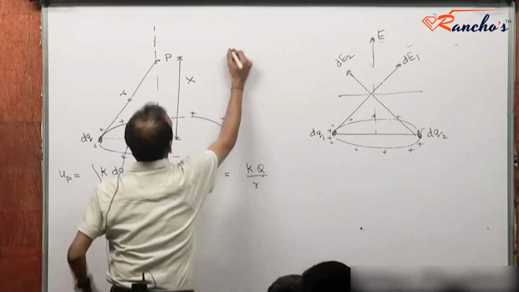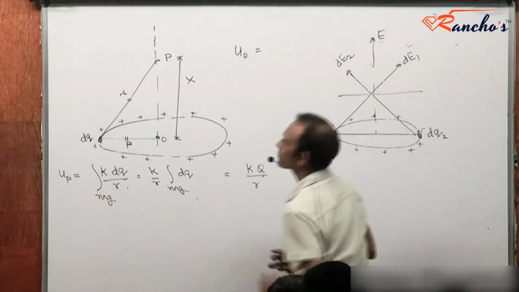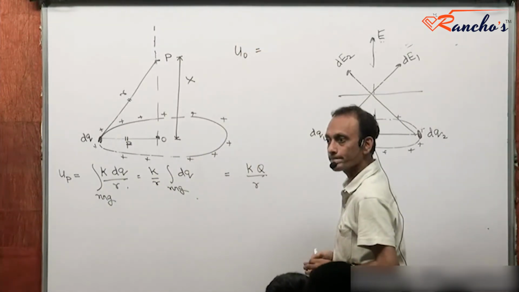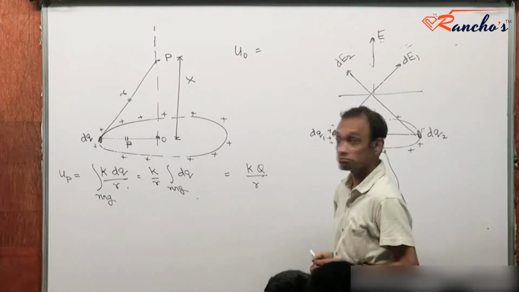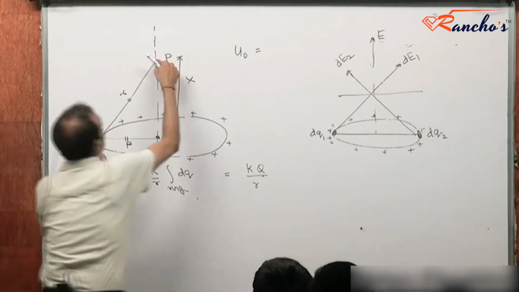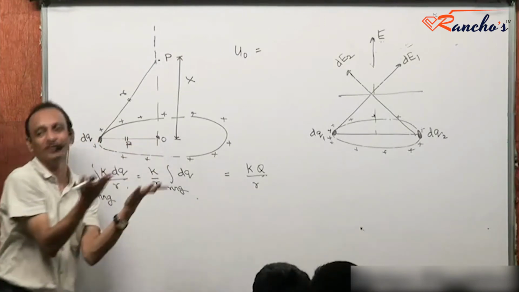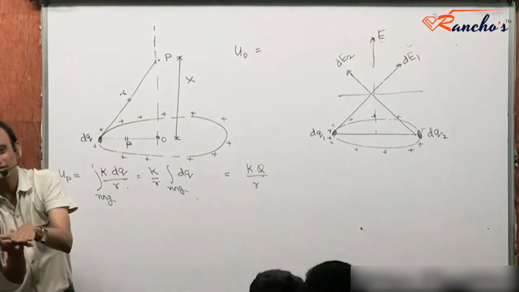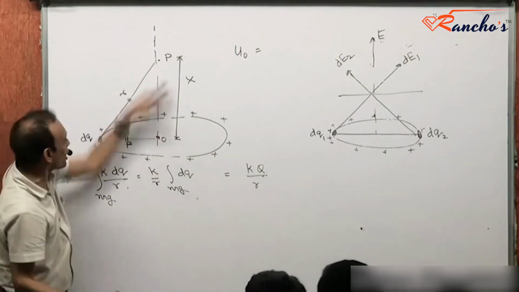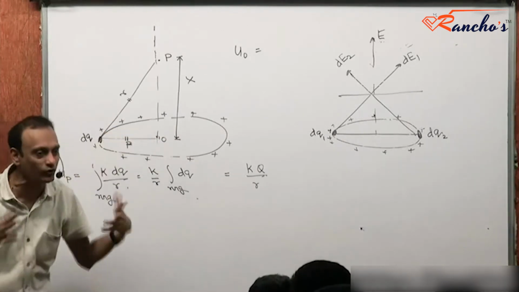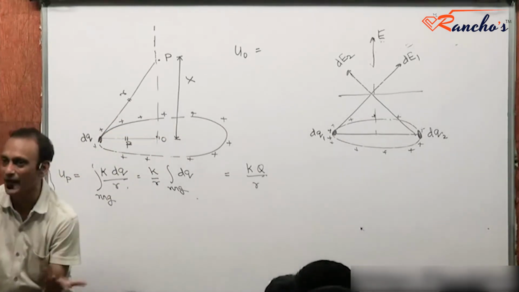So, what would be the potential at O? No, not 0. Hey, at O, this small r becomes capital R, yes or no? It's like a suppressed cone, whose top point P came down here and sat, so small r became capital R at O, no? Small r becomes capital R, yes or no?